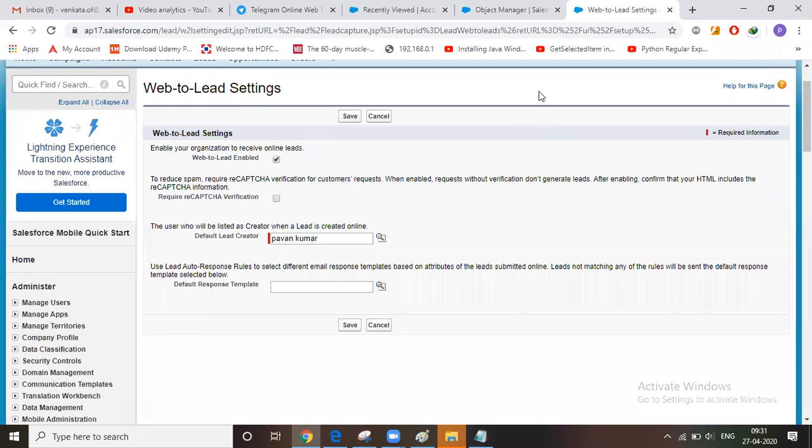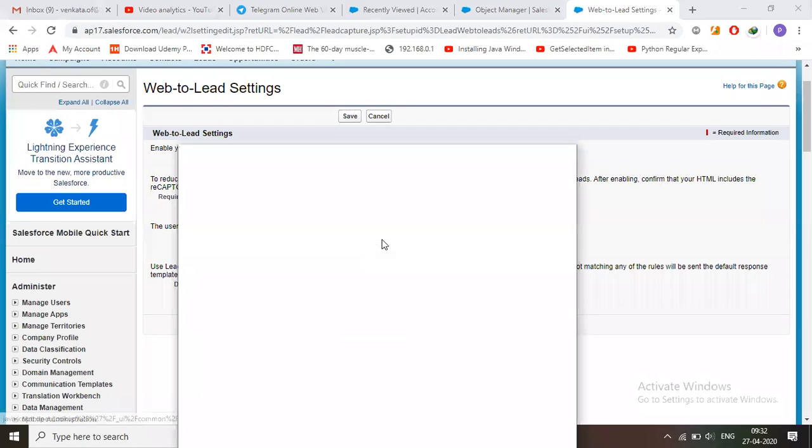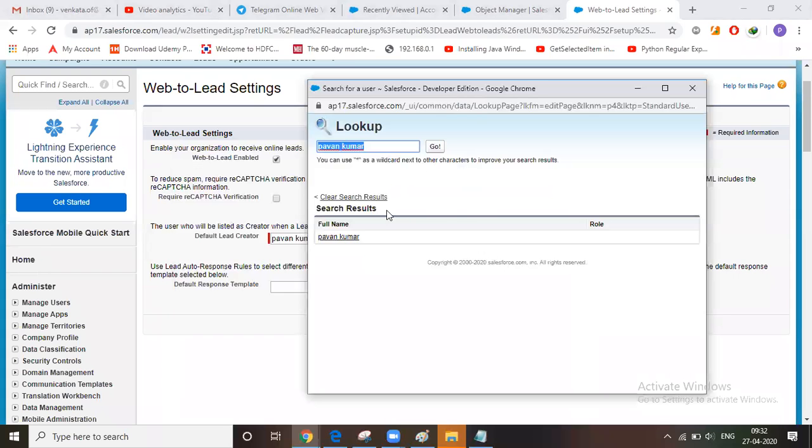While saving the customer details in the lead object, the owner of that record has to be added, right? So this is the default lead creator. You can select any user who is available in this organization. As of now, I am the only user.